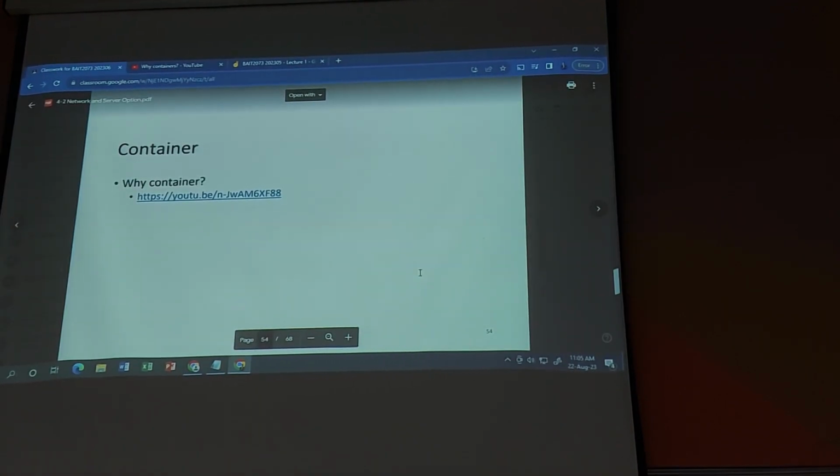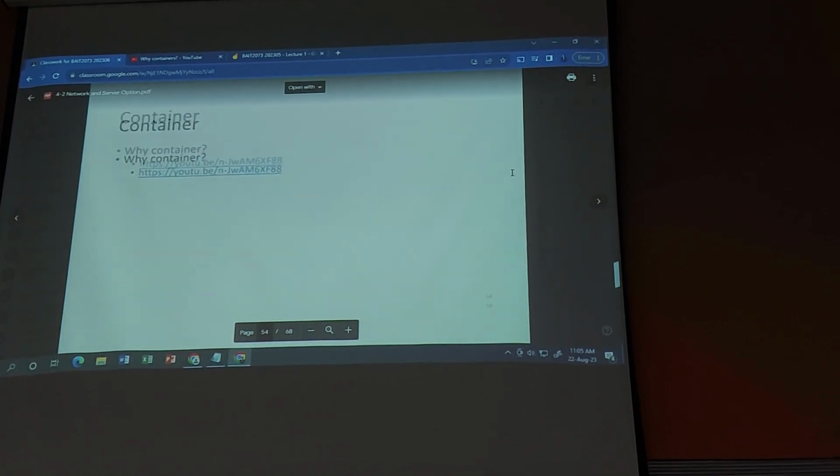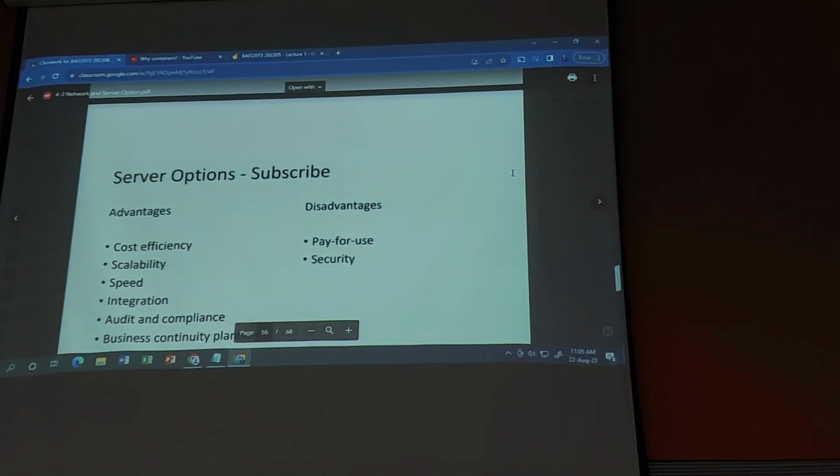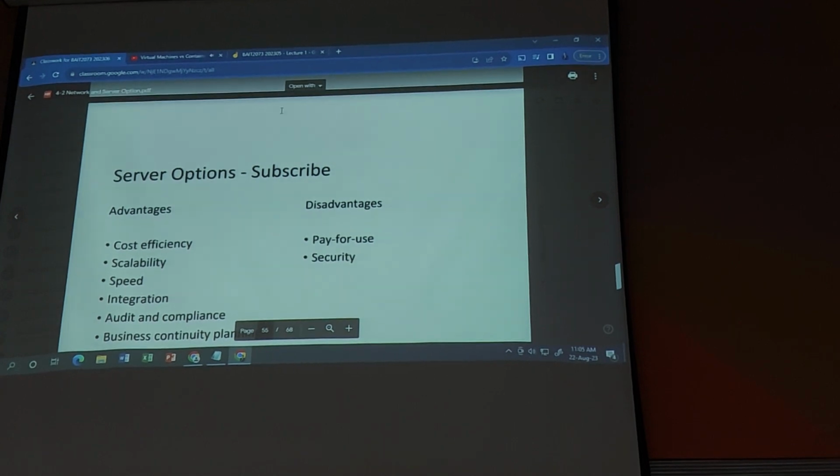Okay, so that's some brief things about container. So moving on now. We're almost there. Hello everyone. In this video, we're going to talk about